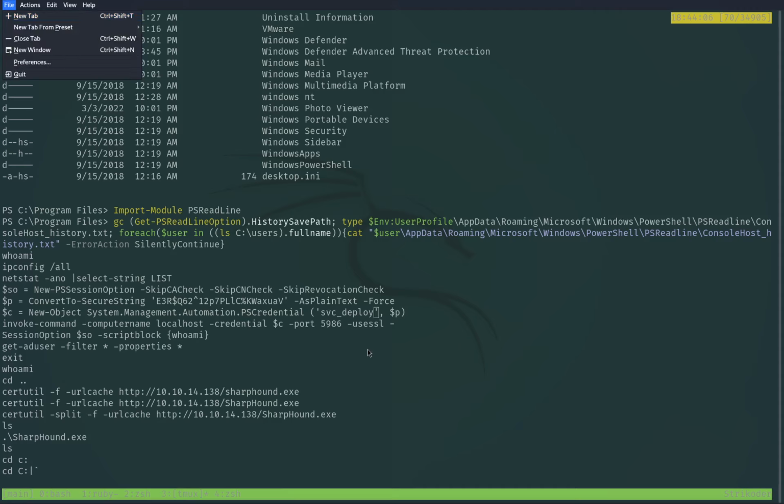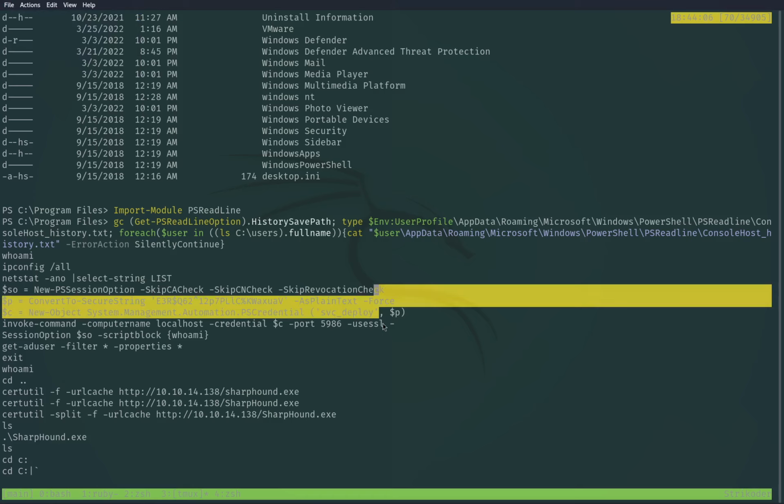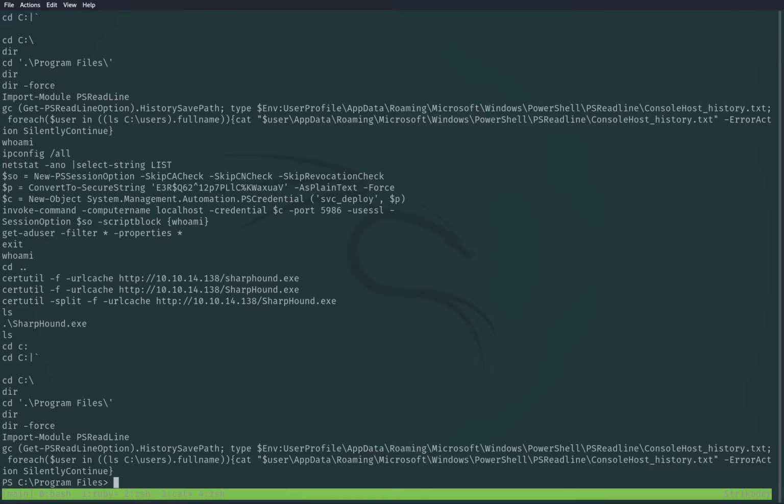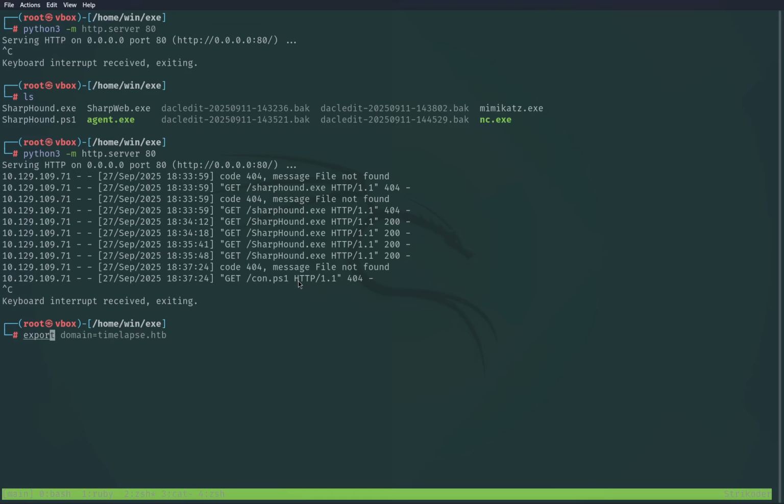Did I get that copied? Okay, because I was pressing Alt instead of space. And I'm gonna copy that, move that into my notes. And we got ourselves svc deploy, export all, user equals svc